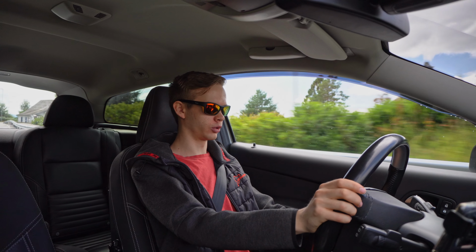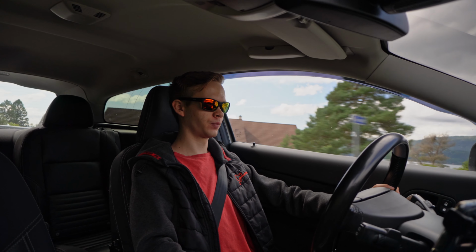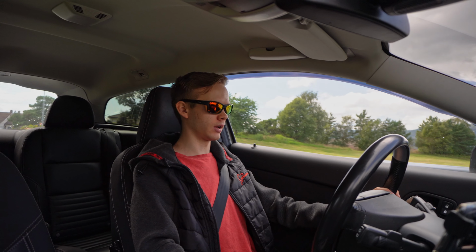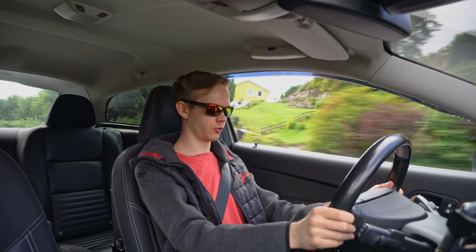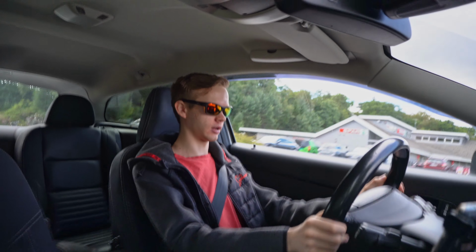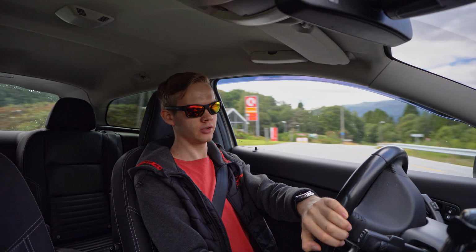Driving the car on the Nürburgring was, I mean, if you're like me and you're interested in the C30, you've probably seen every single C30 review on the internet, and you do see quite a lot of mixed opinions when it comes to driving pleasure, how it feels to drive. And of course, this is not a stock C30, in that when it comes to handling, what is most notable is that it is on lowering springs, and